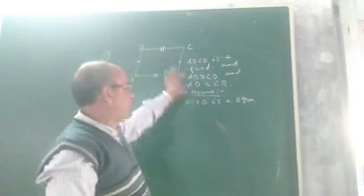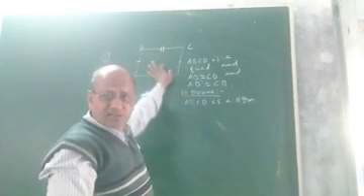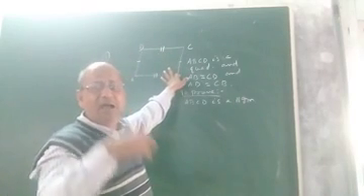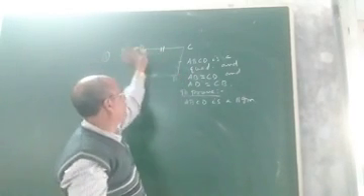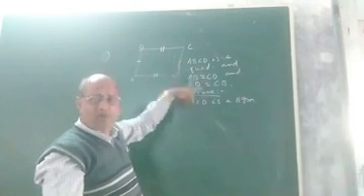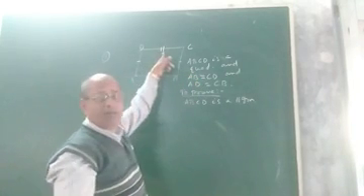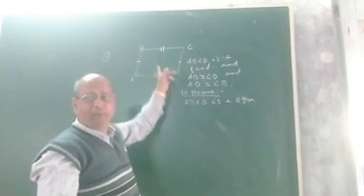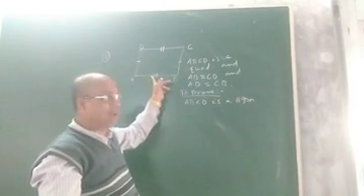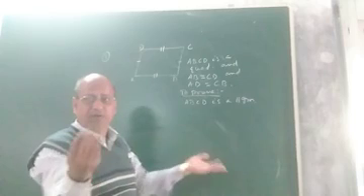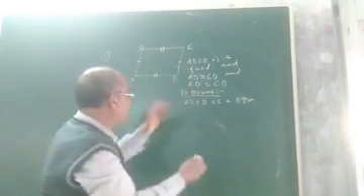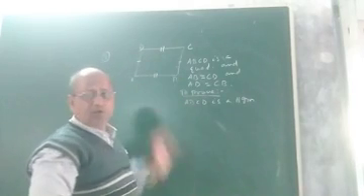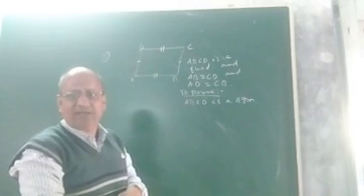So in this particular question, in order to prove that the ABCD quadrilateral is a parallelogram, either we will show both pairs of opposite sides parallel or we will show simply any one pair of opposite sides parallel. Because if any one pair of opposite sides can be shown parallel, as it is already given equal, it will become a parallelogram. Let us see. Now the point is, how can we show that one pair of opposite sides is parallel?